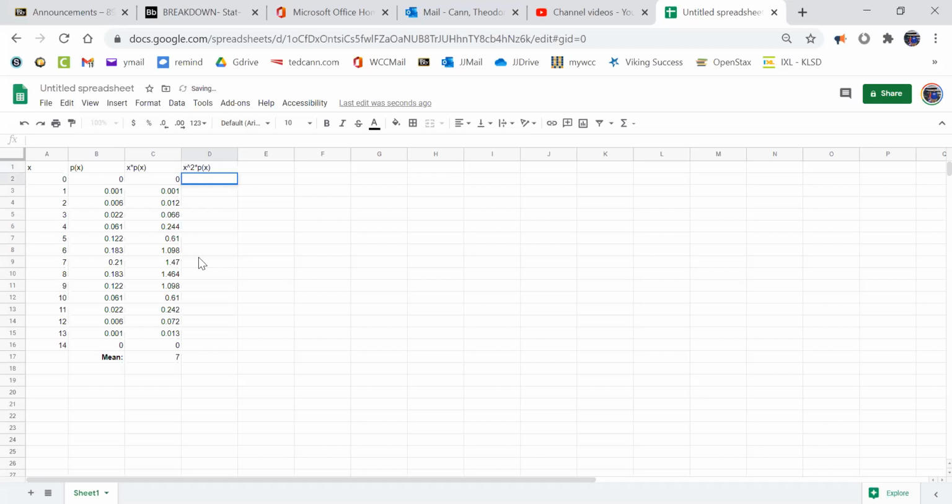The column headings, you can write those any way you want. I just chose to write it in symbolic form, but you could actually just write out X squared, S-Q-U-A-R-E-D, times, T-I-M-E-S, P of X. You know, like you can just write little notes to yourself, right? But what I'm doing here is I'm taking each of these values in A, squaring it, and multiplying it by P of X. All right, so just do that the one time and then drag it on down the line and you'll have it. So A2 squared